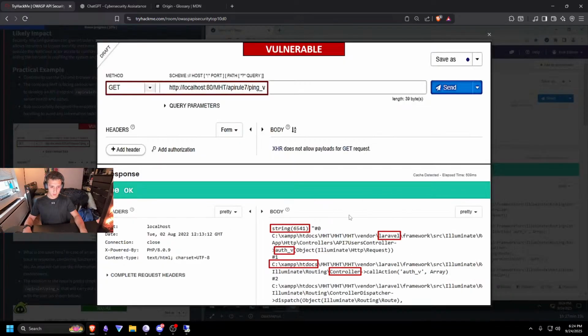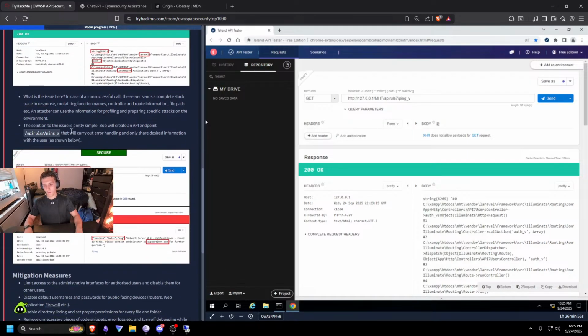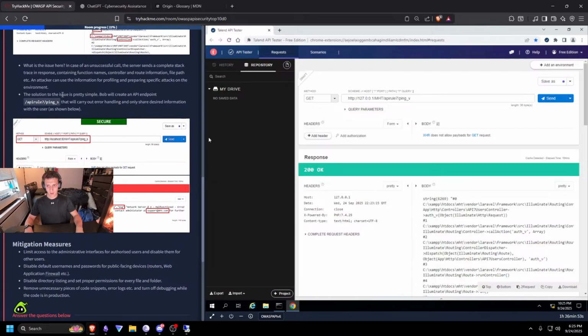See, look, this is our error string. We know they're using a Laravel controller, the service in the back, a complete trace and response, the controller and route information, the file path. See? So I'm not really going to go too in depth on it here, because it's a very broad vulnerability. So there's no real point in